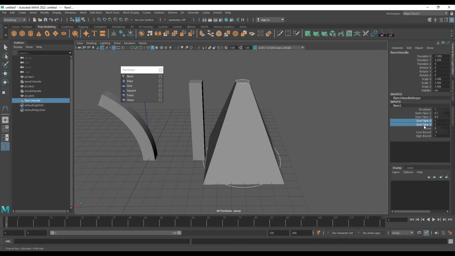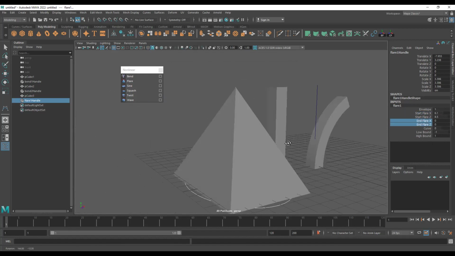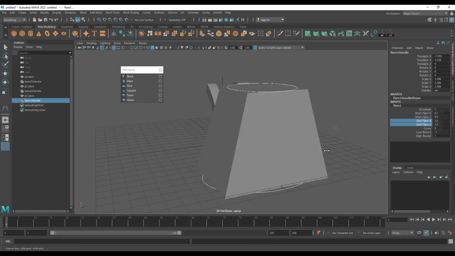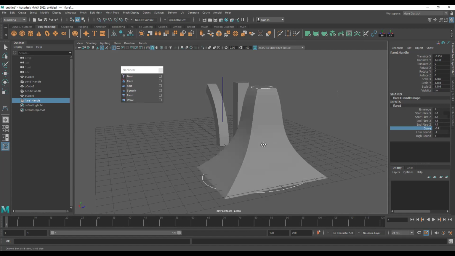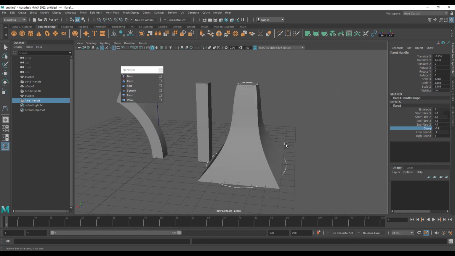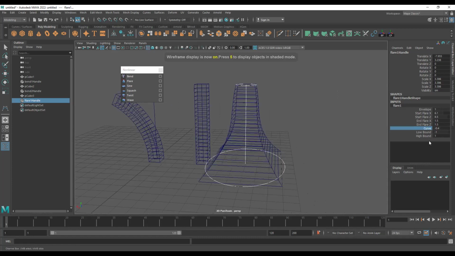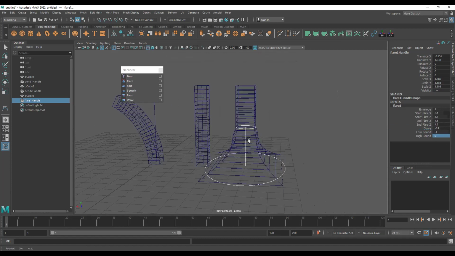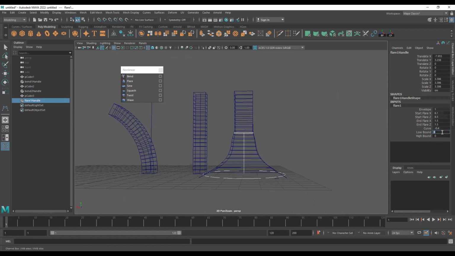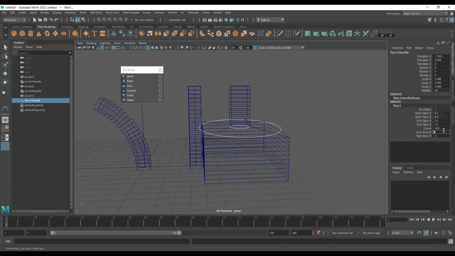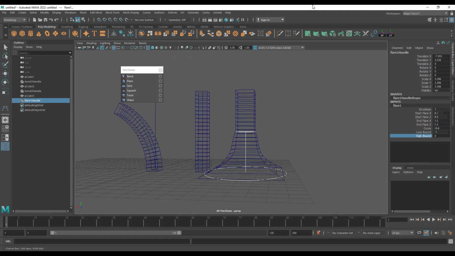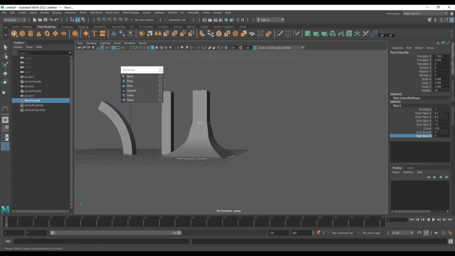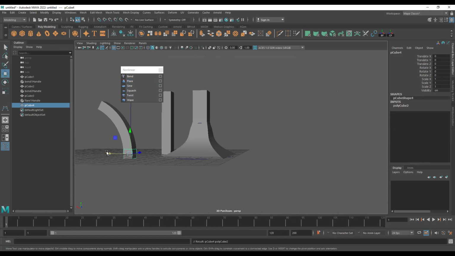Only the start, this down is the start. And end, top, make it 0, you get the pyramid. Or if you want to increase, you can increase. Curvature is nothing but the in-between point. So it's very easy for you to create new shapes. Suppose if you make the high bound 0 and low bound 0, nothing will happen. You can see that. So -1 and then +1, you'll get this. So what is this? This is the flare. So what is the exact use of it? Maybe if you do cartoon models,